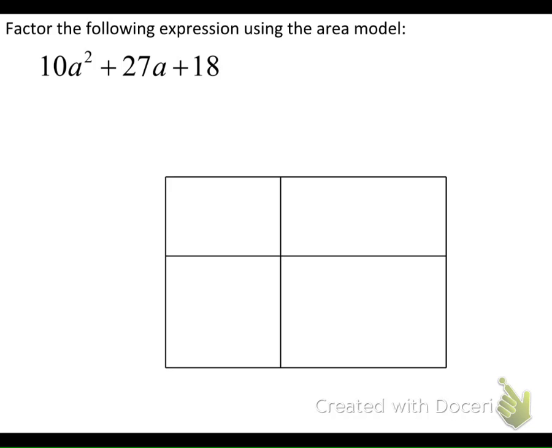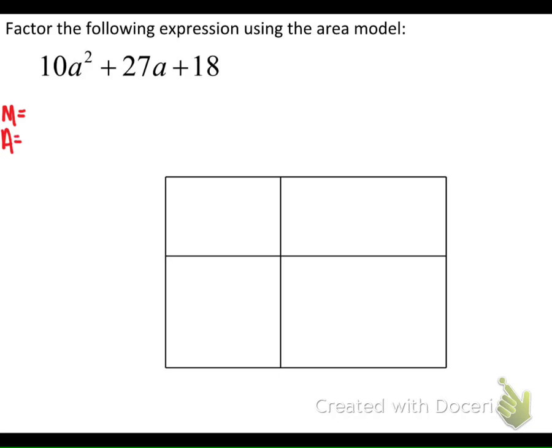This 10a squared is going to be the area of my top left box. This 27a is going to be cut between the second and third box. And this 18 is going to be the area of this 4th box. Before I can start solving all of that, I'm going to have to come up with what the M is and what the A is. That M and A is going to tell me what the area is going to be of the second and third. So how we're going to find the MA of this expression,